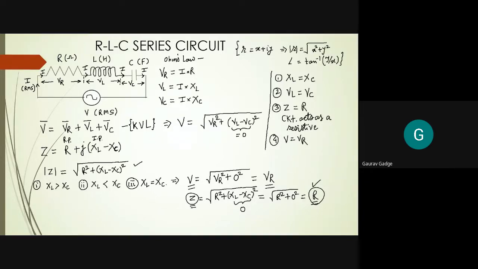V is equal to VR. जैसे हमने यहाँ पर लिखा हुआ V is equal to VR. Supply voltage is equal to resistive voltage. Okay. Now, is there any more condition? Okay. Now, under resistive condition, then after this circuit pure resistive, tell me the value of phi. What is phi stands for?